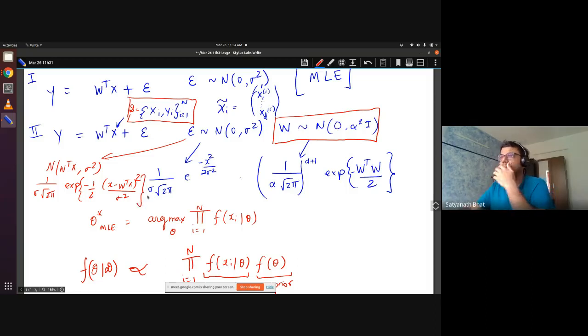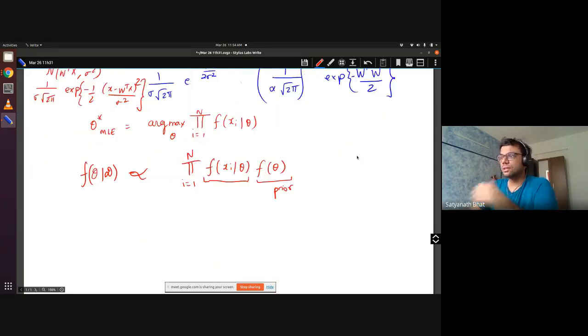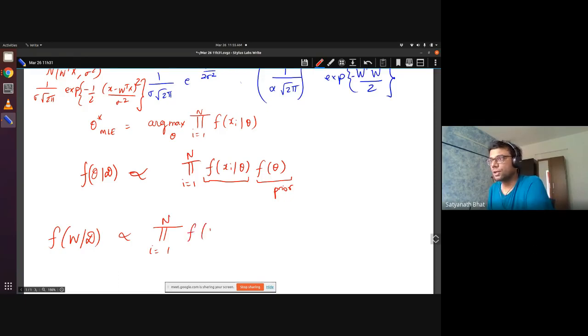Okay, so we will now use this term and try to get the estimate for the posterior, f of W given data. So this is the posterior. This is proportional to the product over i equal to 1 to n of f of each of the yi's, the probability that you see each of the yi's given xi, W, sigma. In yesterday's class, we stopped here, and then we tried to find out which W maximizes this.